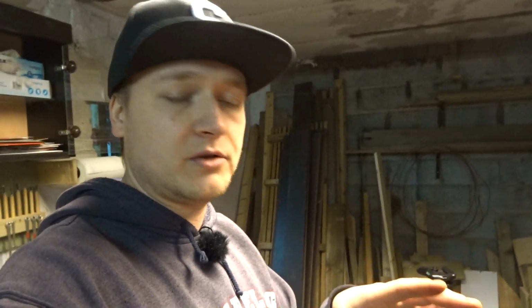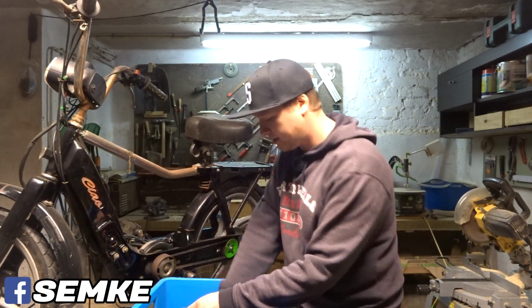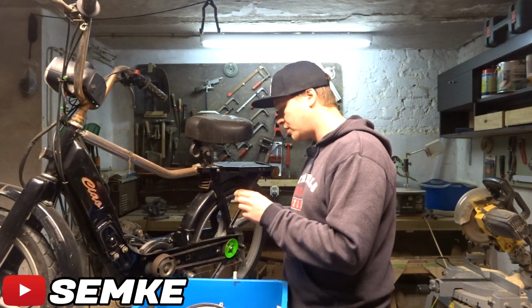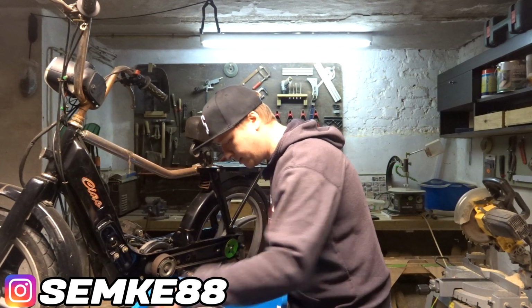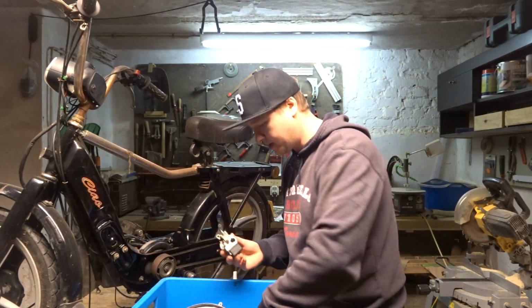So now I'm going to show you what I have that is going into the bike, the parts that I bought 16 years ago. So yeah, let me show you. These are the parts that I got when I started assembling. We got some clutch springs. The green ones are in there right now. Then carburetor. Let me see which one is the right one because